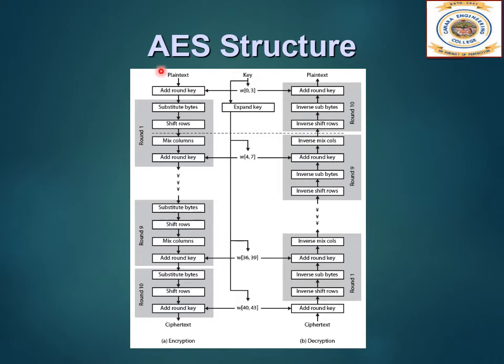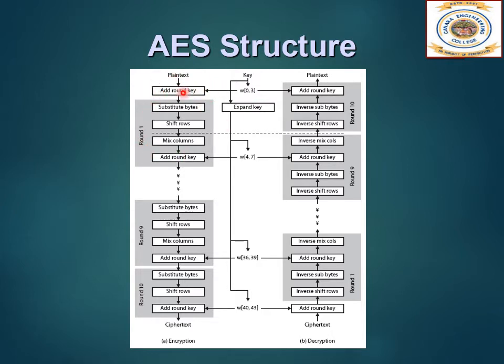Now in this figure, we can see the AES structure in a more detailed manner, indicating the sequence of transformations in each round. Here, we spoke about the initial transformation, which is an add round key. The key serves as one of the inputs to the add round key. One input is the plain text, which is a 4x4 matrix, and the other is the round key, which is 4 words, that is 128 bits. It serves as input to the add round key.